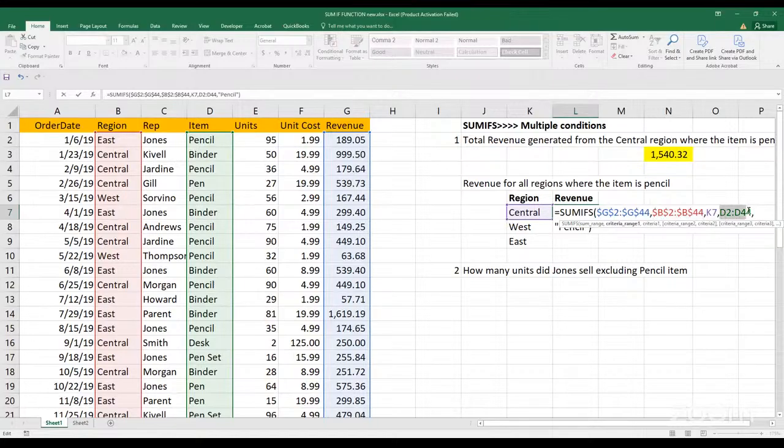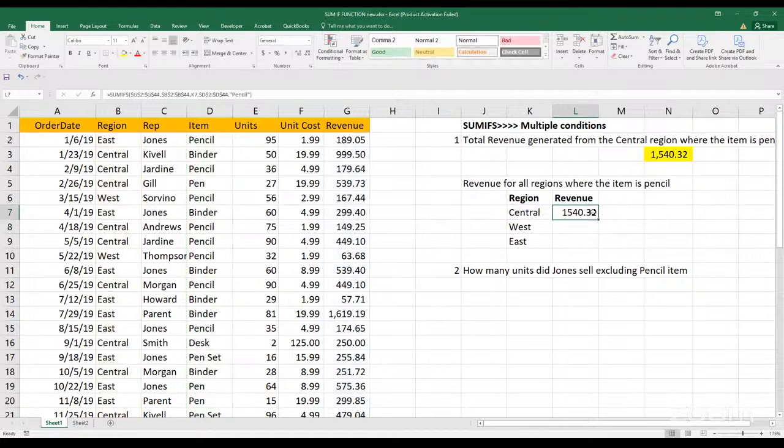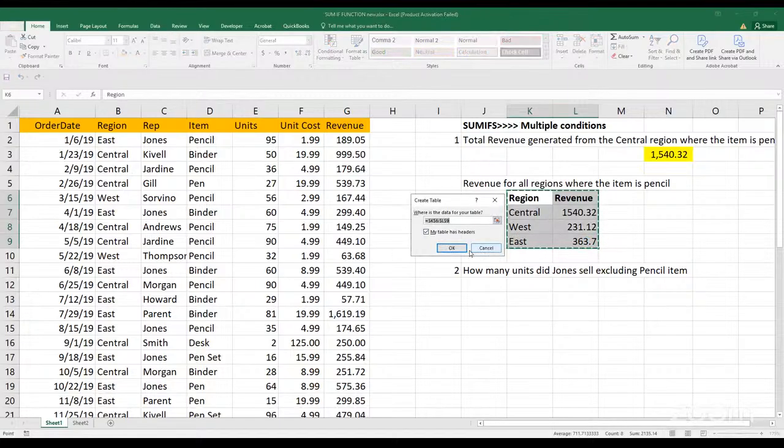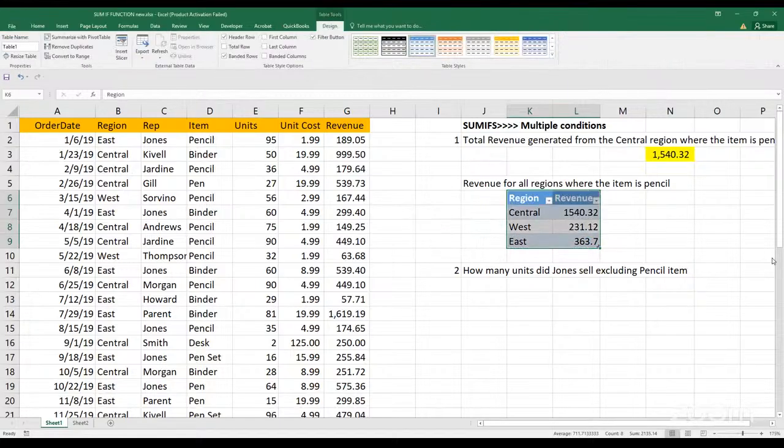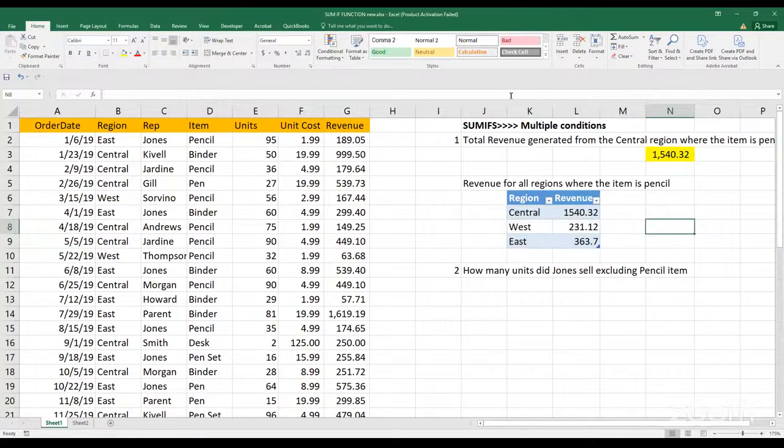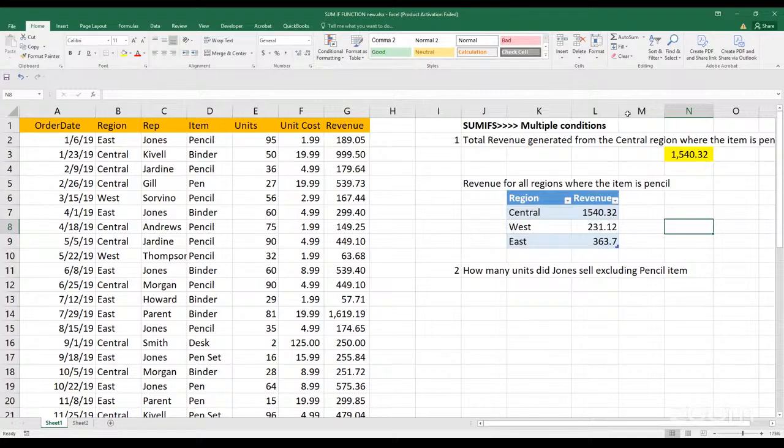Now I know in the morning history about locking, all of us are able to lock the row or the column, or both at the same time, so that you just drag it like that. Control T, you can insert our table automatically, and this is the output that we have, right? So what we've done is achieved our